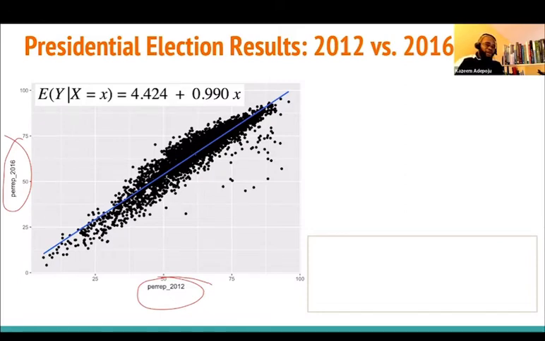Now take a look at what I have right now. We have a lot of scatter points. The black dots represent the scatter points. Of course, the line of equal distribution is the blue line. Take a look at that. This is the value for the beta naught, and this is the value for the beta one.